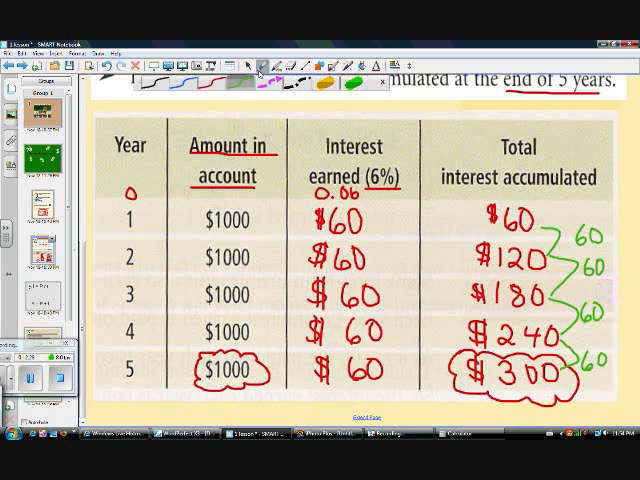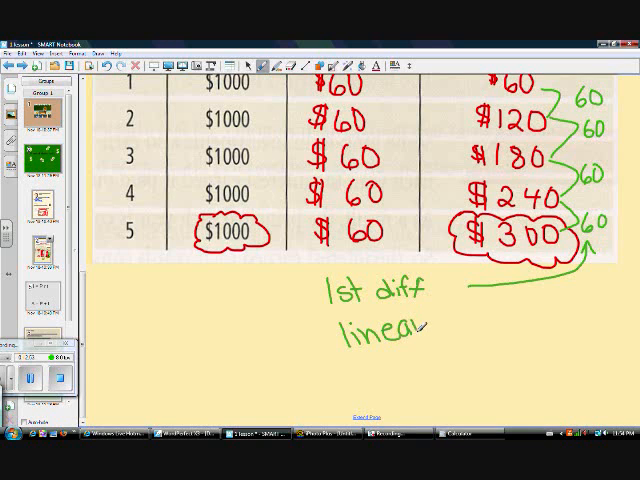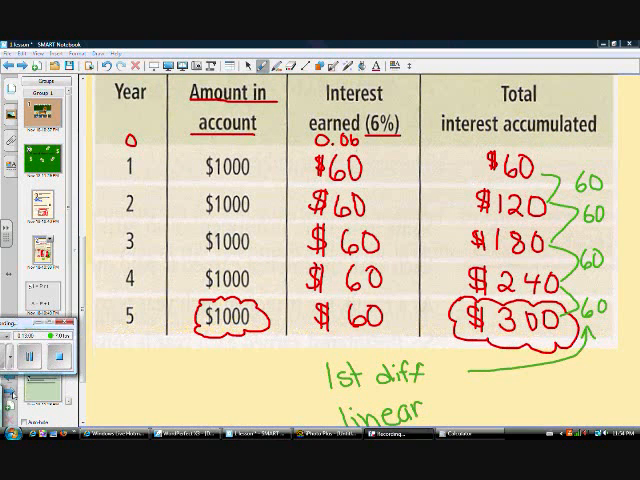And you know what that means. It means that if I graphed this, because my first differences are the same, we know that that actually would be linear. So if we graphed it, it would be a straight line. Okay? Now, moving right on,